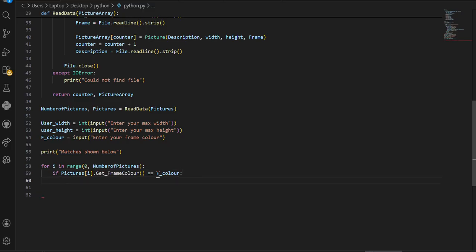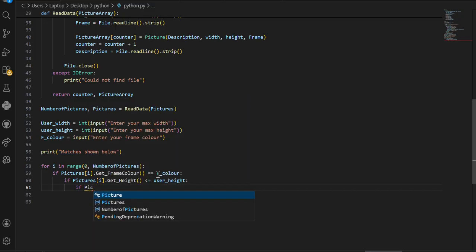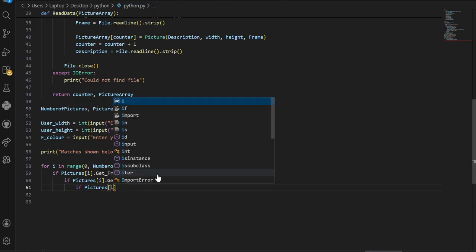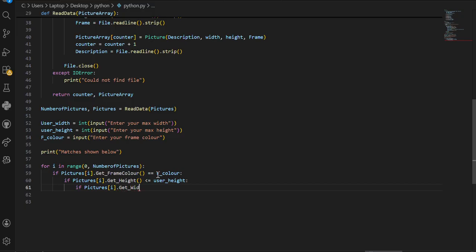If that matches, then if, then after I get the height, I'm gonna see the width. So if all of these conditions are true, then,